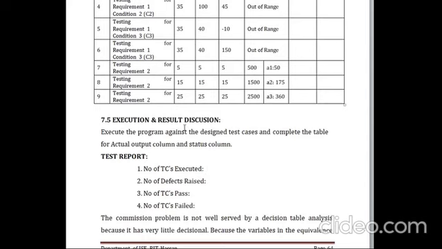So finally, execution and result discussion. So we write the test report. Number of test cases executed